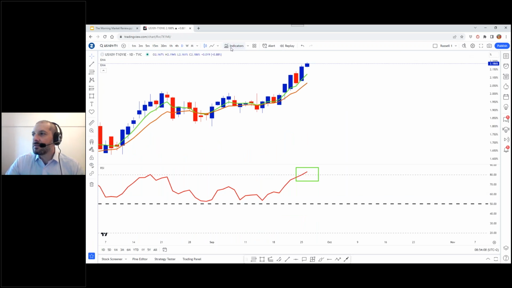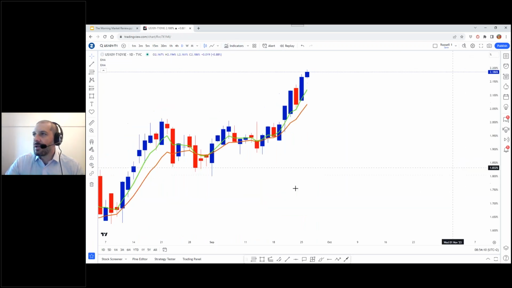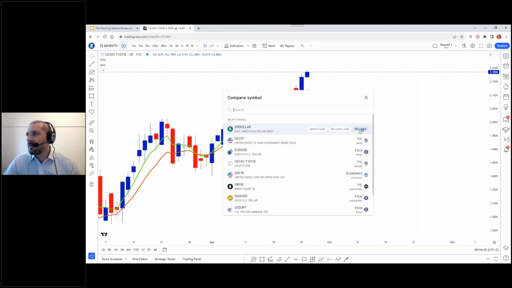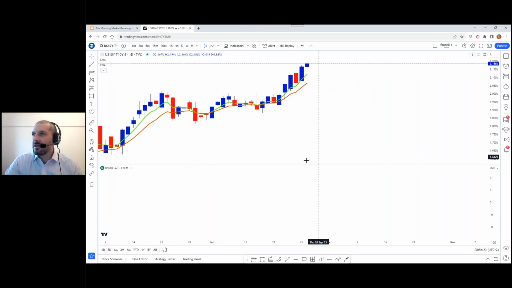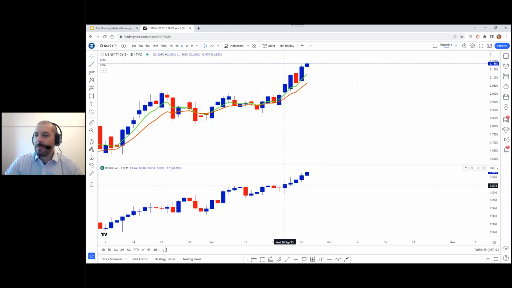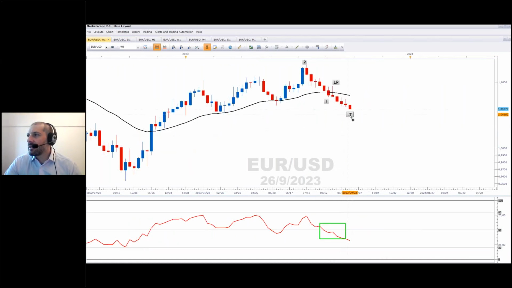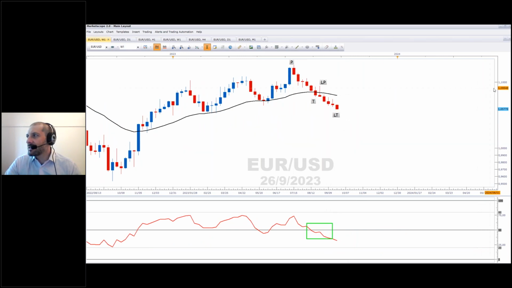What I'll do is I'll take out... I'm waiting for the euro to come up here. Going back to TradingView, I just want to show you guys by putting the US dollar underneath. And you can just see that it's tracking very similarly indeed. Okay, here is our euro, and taking a look at this on a weekly basis, you can see that the